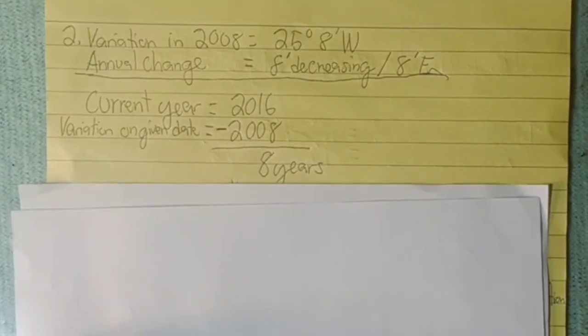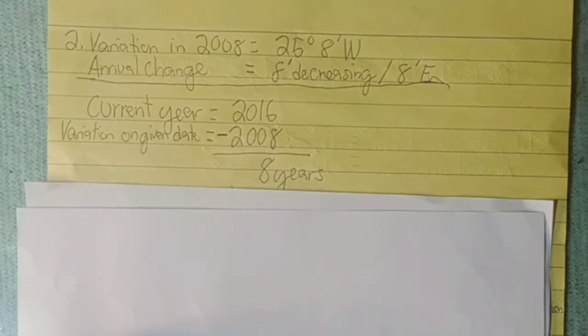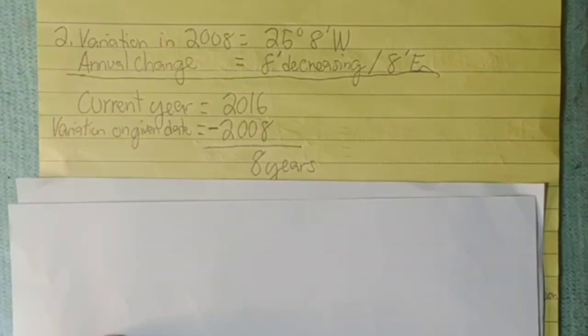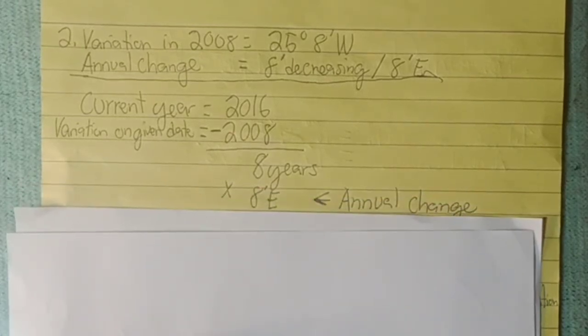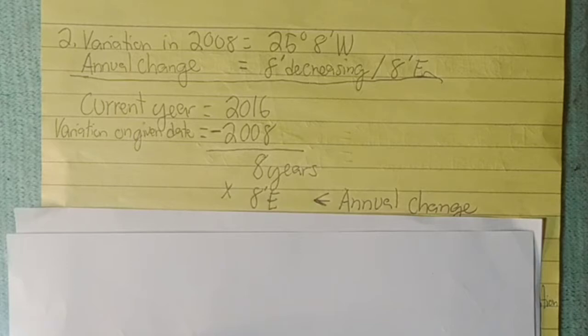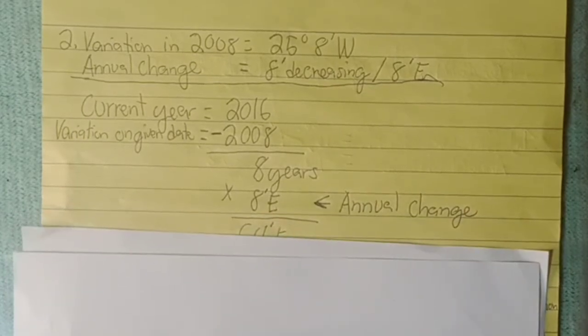The next step, after you minus the current year and the variation on given date or year, is we have to multiply it by the annual change. Our annual change is 8 minutes east. So 8 times 8 minutes is equal to 64